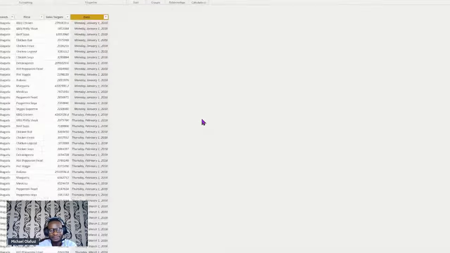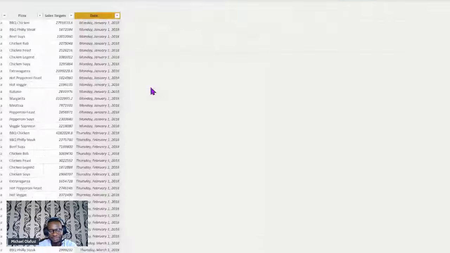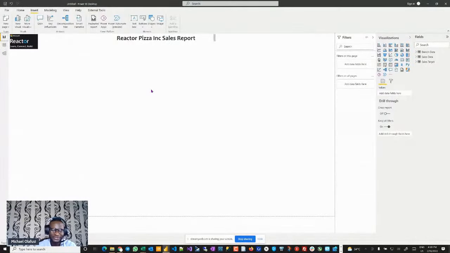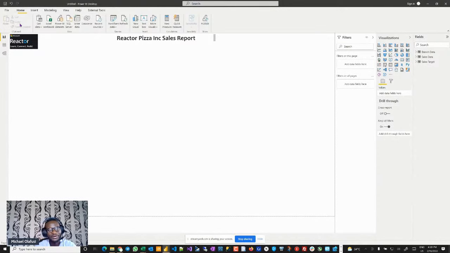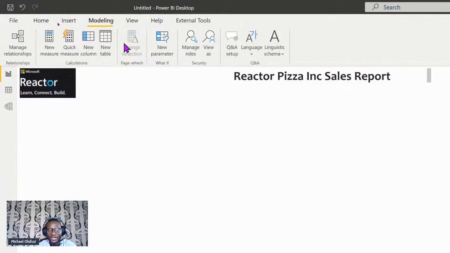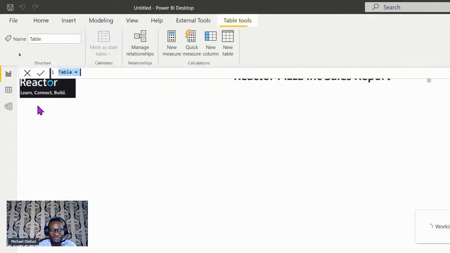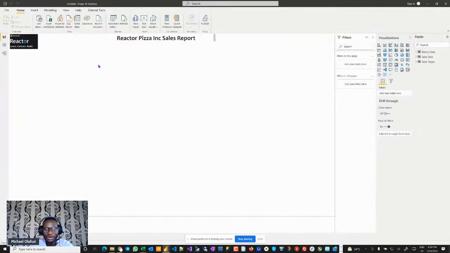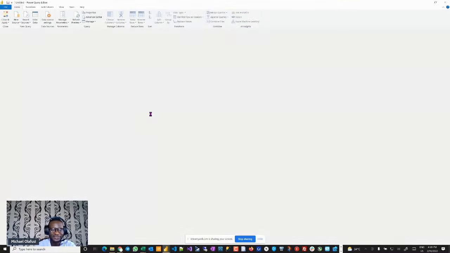So back to here, we need to have our own dedicated date table, right? What most people think of when they're doing a date table is to go to Power BI itself, go to New Table, and use DAX to create a date table, put CALENDAR and put start and end date, right? But today is on Power Query. So we're going to use a Power Query way of creating a date table. Are you pumped up for that? So let's quickly go back to Power Query and say I need a date table.